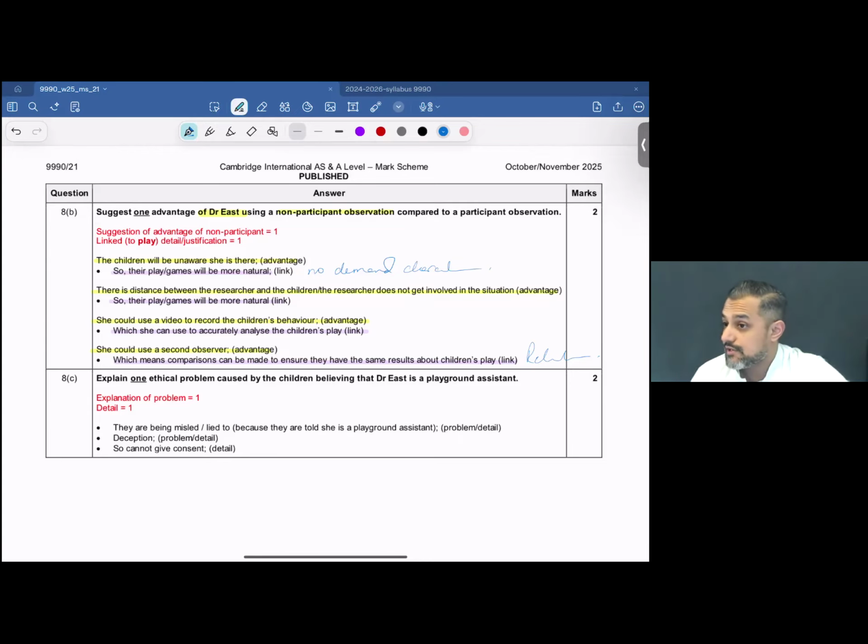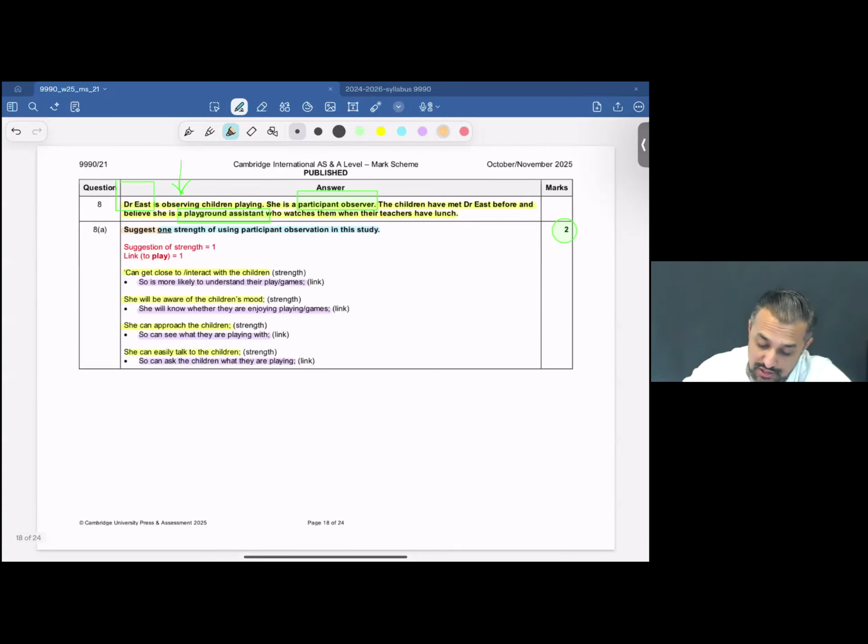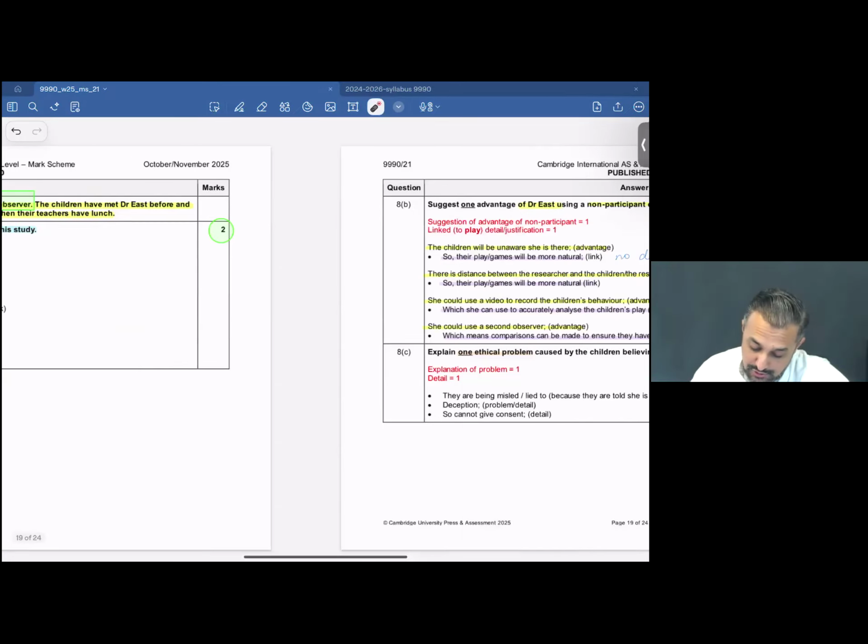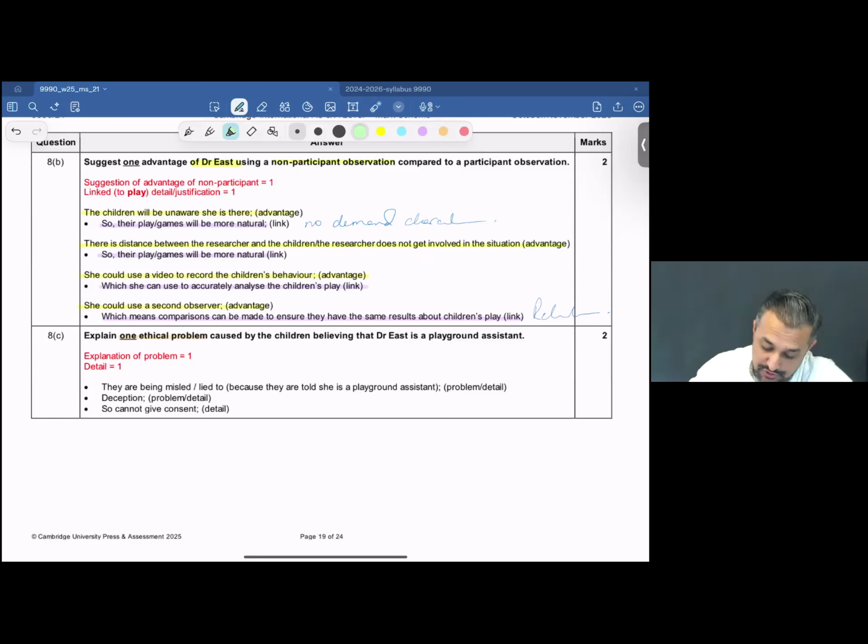The third part, which is again a 2-mark question: explain one ethical problem caused by the children believing that Dr. East is a playground assistant. One ethical problem that could arise. Remember, when I was reading this initial piece of information, I kept on using the word deception. If you talk about these children, their behavior is being observed without them knowing that the behavior is being observed. One, that's not right. And because there's no consent,